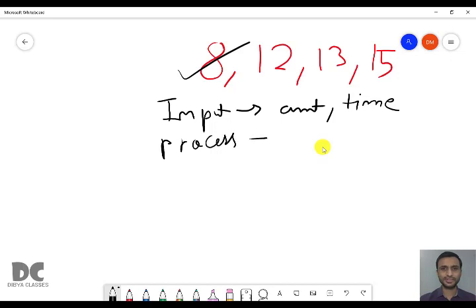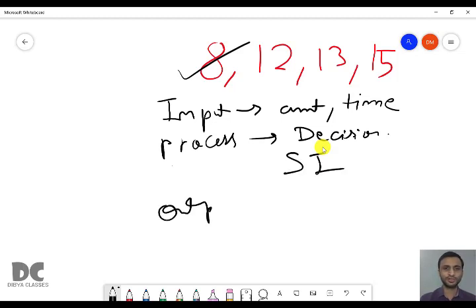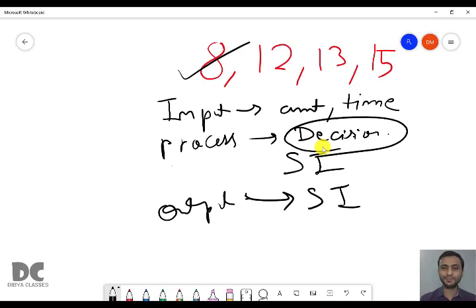So there is some processing which is based on decision making. You have to take some decision to process the data, and finally you have to find the simple interest. What will be the output? You have to print the simple interest.